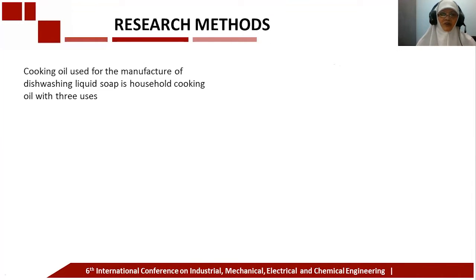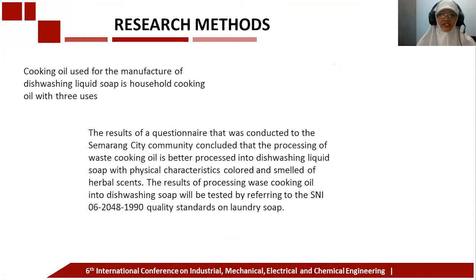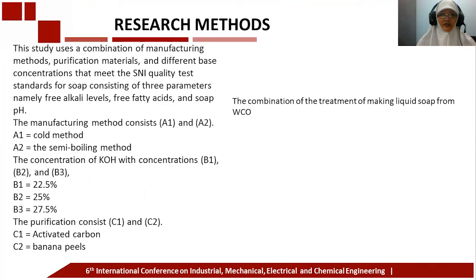Research methods. Cooking oil used for the manufacture of dishwashing liquid soap is household cooking oil with 3 uses. The result of a questionnaire conducted with the Semarang City community concluded that this cooking oil is better processed into dishwashing liquid soap with physical characteristics of color and herbal scent. The results of processing the cooking oil into dishwashing soap will be tested by referring to the SNI quality standard on laundry soap. This study used a combination of manufacturing methods, purification material, and different base concentration that meet